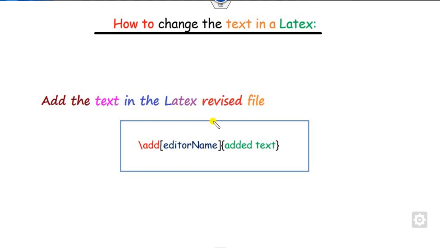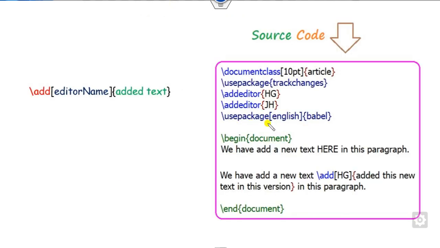In order to add text in the revised LaTeX file, you use this notation: add, then the editor name, and then whatever you want to add as text. So if I write this is the text, I add the author, either HG or GH. I use HG, adding this new text in the version. Whatever you have written in these curly braces is added into the LaTeX file.